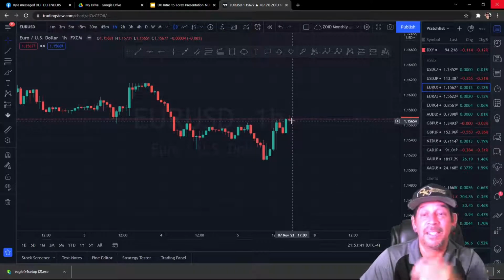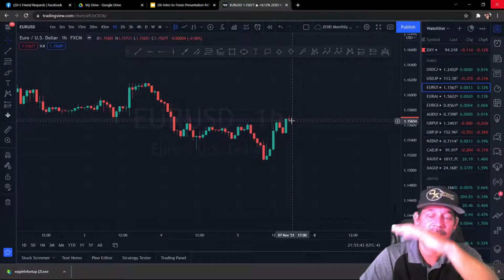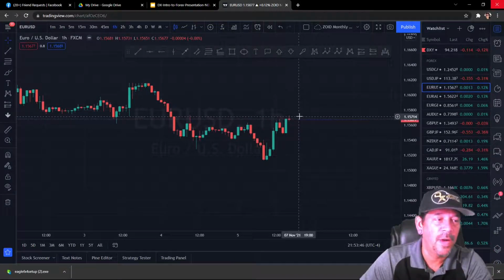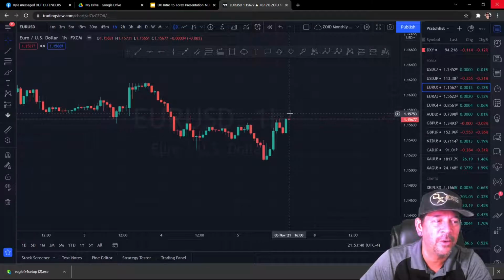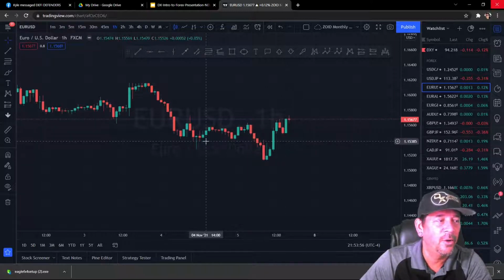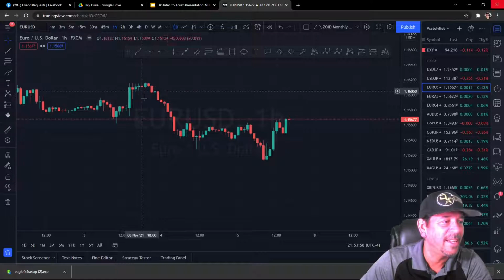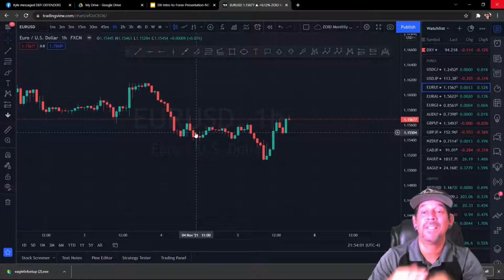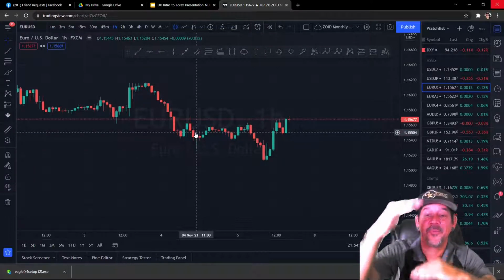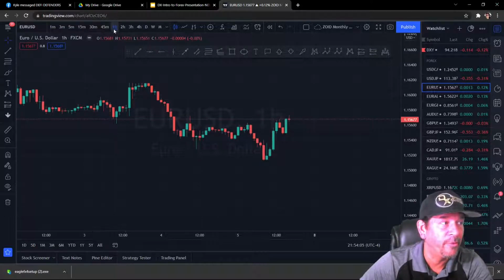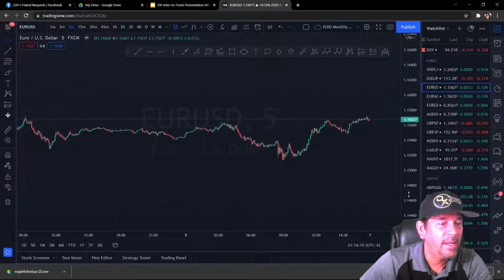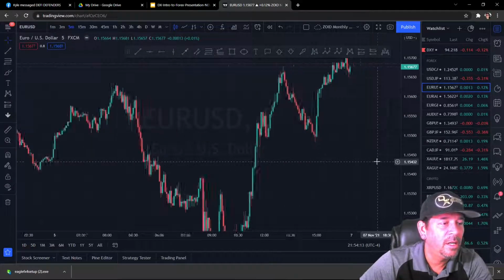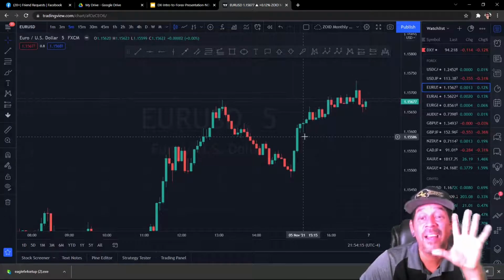So what happens is, as time goes, price fluctuates. Remember I said price always fluctuates. So as price fluctuates, you will see this candle get bigger and bigger, and paint more and more of the candle to create a big candle like this, or to create a small candle like this. It all depends on how much price moves in that time frame, in that 1 hour time frame. If we go down to the 5-minute chart, each one of these candles is 5 minutes worth of